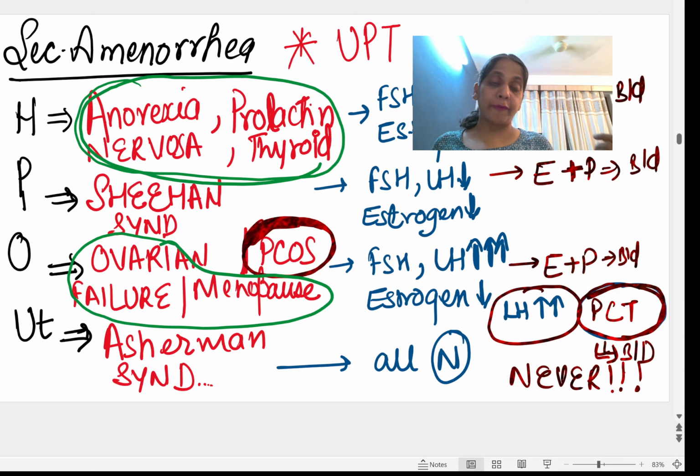Okay, so female pseudohermaphrodite means the genotype and the gonadal tissue are that of female. The genotype is XX and the gonads are ovaries, but the external genitalia is that of the male. How come the external genitalia is male? You all know that if the androgens act on the genital tubercle and swelling, then the external genitalia is that of the male. Now if, due to some problem in that XX genotype patient, the androgens were in excess,